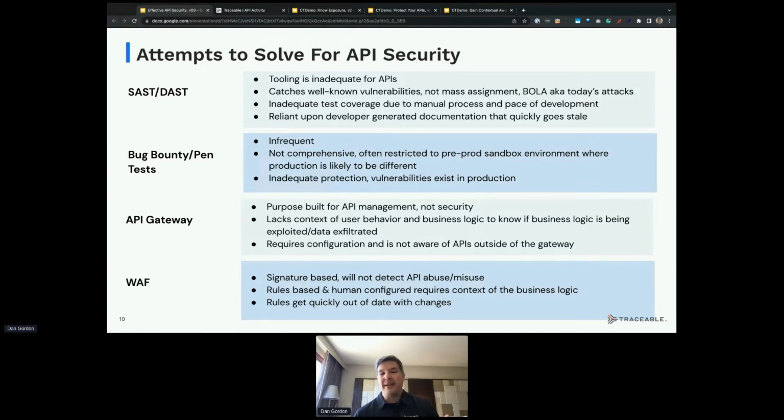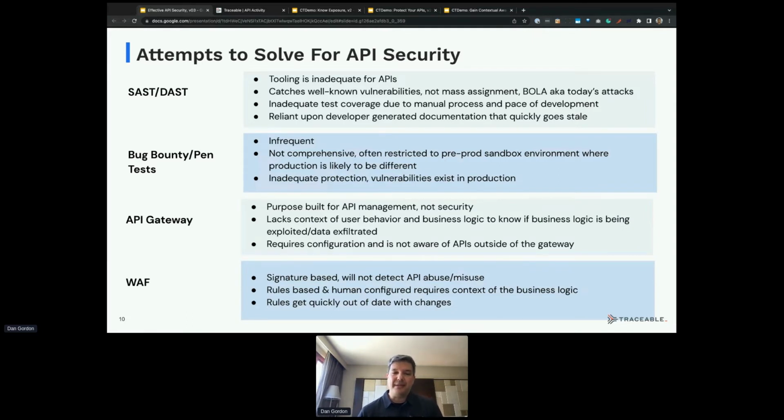And then WAFs, which have been, for a generation of security, the way that we protect our web applications. There are standards that say we have to have WAFs, and they do solve the OWASP web top 10. Things like cross-site scripting and injection attacks and whatnot, they don't even solve those completely, but they do help. But they're signature-based.